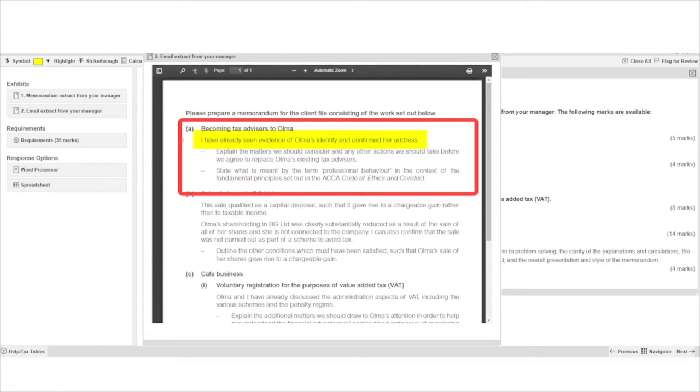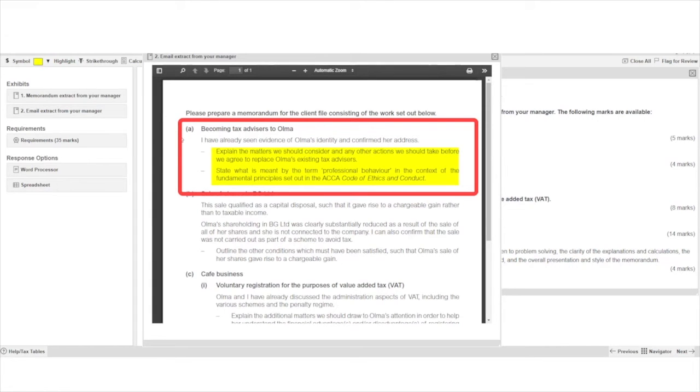That means that there will be no marks for stating that we need to check Olma's identity and confirm her address. What we do need to do is to explain the matters we should consider and any other actions we should take before we agree to replace Olma's existing tax advisors, and state what is meant by the term professional behaviour.